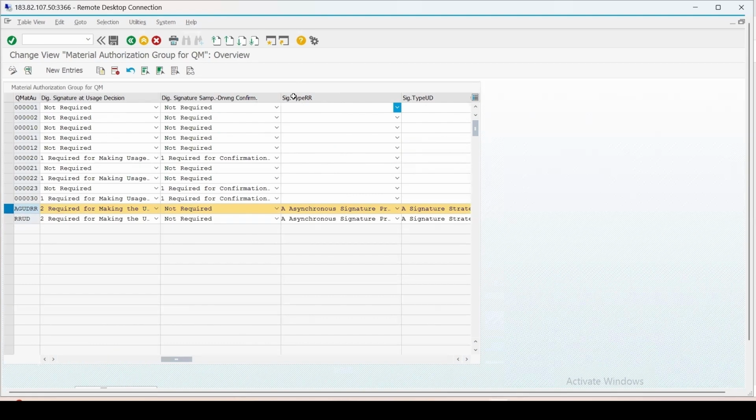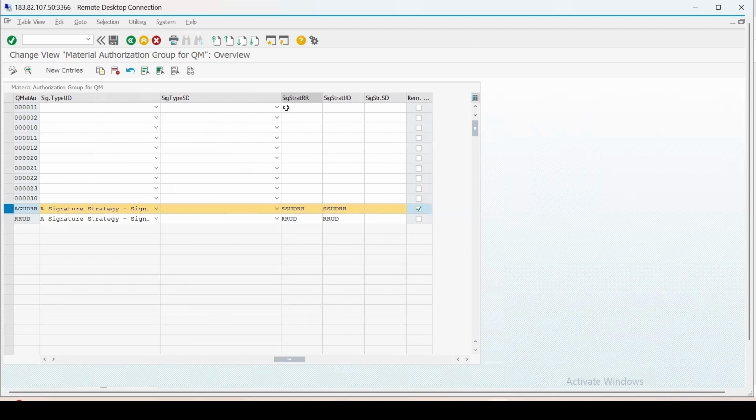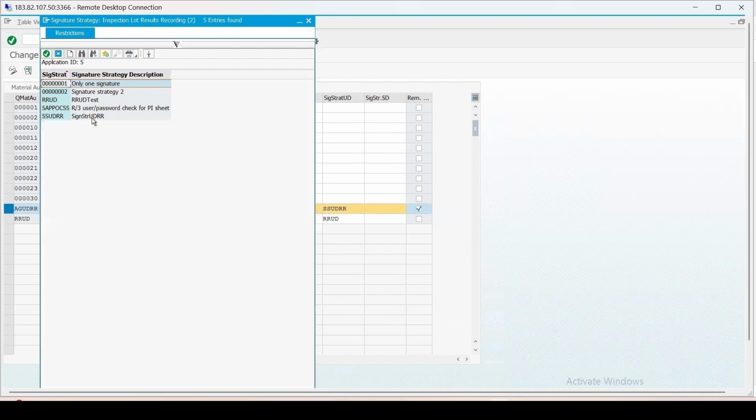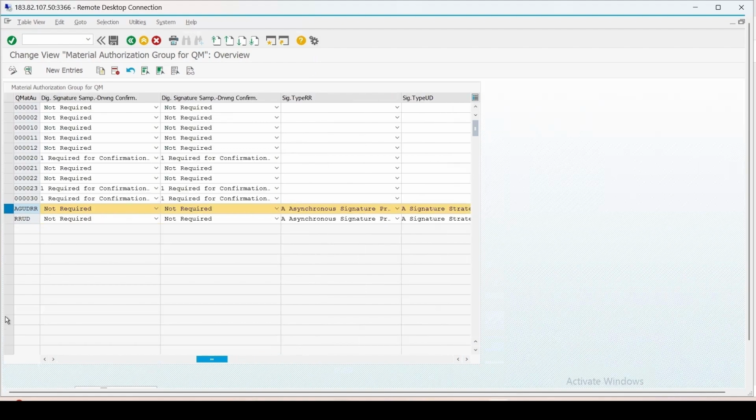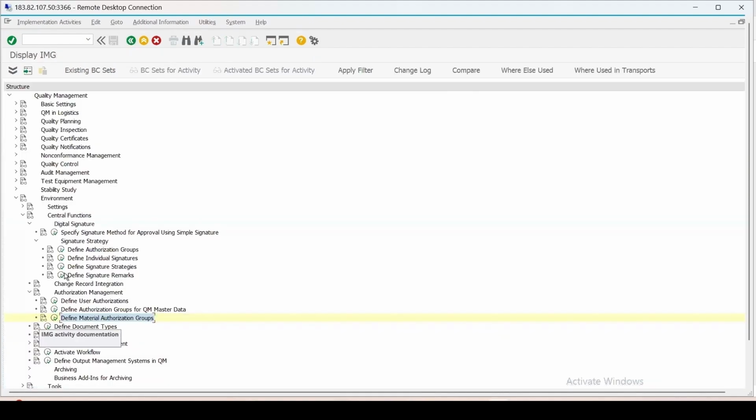And here we have maintained the signature type, right, which is asynchronous signature process. If you select this, you will get multiple options. Okay. And we have specified the signature strategy. And this is the signature strategy which we have created. Signature strategy for the usage decision and result recording. Let's go back.